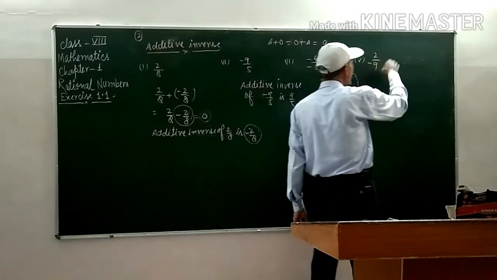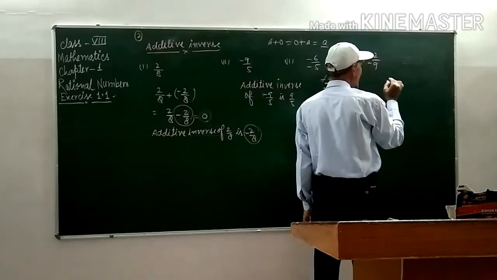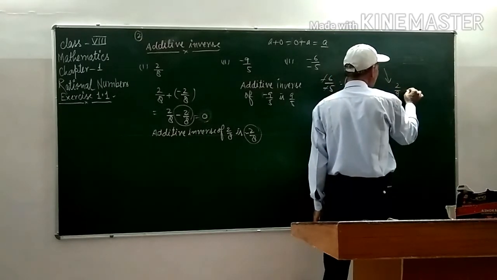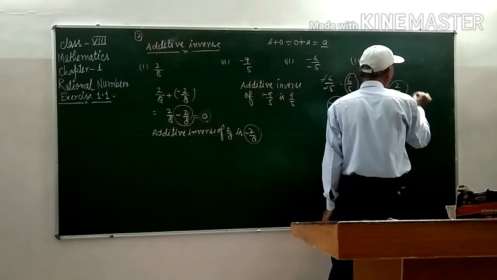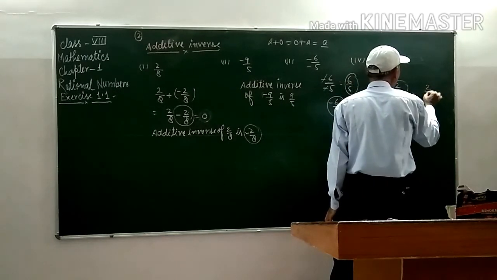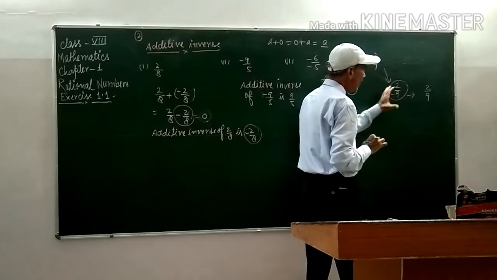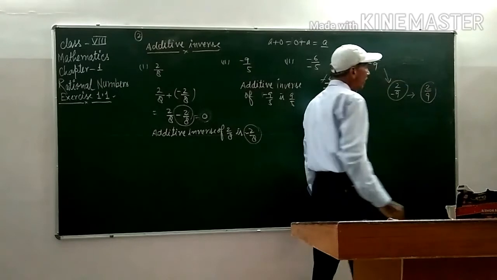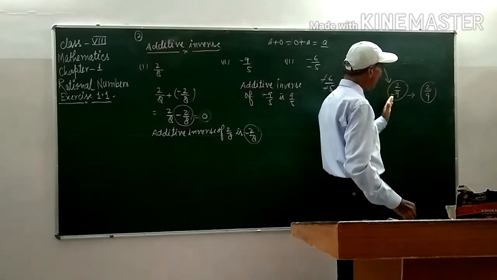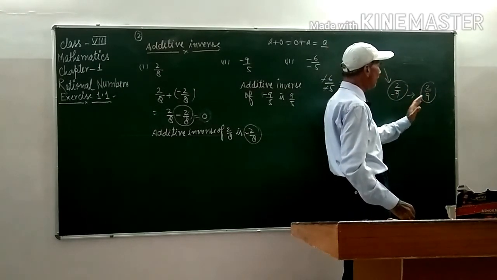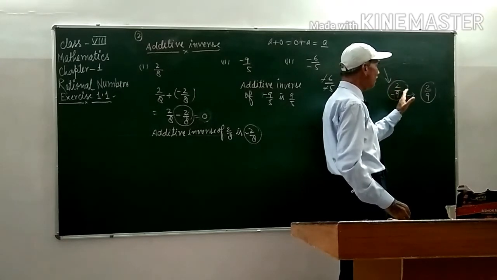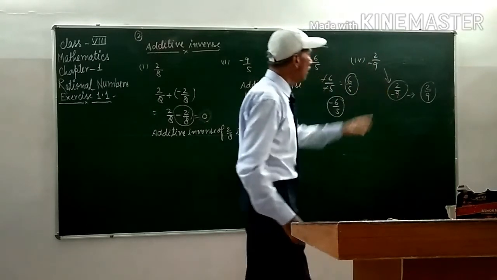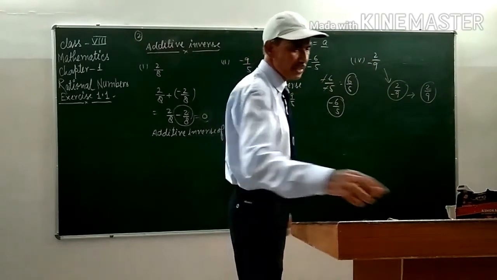And again in this case 2 by minus 9, what will be the additive inverse of this number? 2 by minus 9, additive inverse इसका हो जाएगा 2 by 9, because this number is a negative number and the negative of this negative is positive. Okay, if we add 2 by minus 9 and 2 by 9, 2 by minus 9 plus 2 by 9, that makes 0. Okay student. So the additive inverse of this number is this.